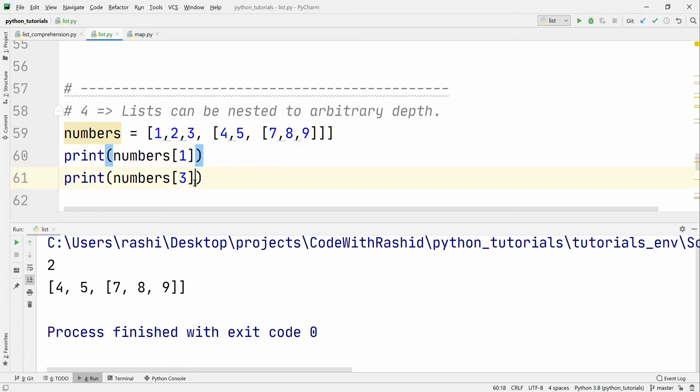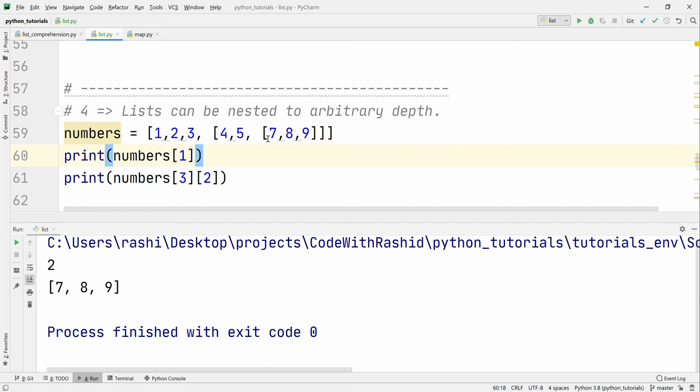For that we will now use the inner list indexing 0, 1 and 2. This list is stored on the second index in the inner list. So we will say second. Now if we run the program, we will have this list printed. Now we want to fetch the value of 8.